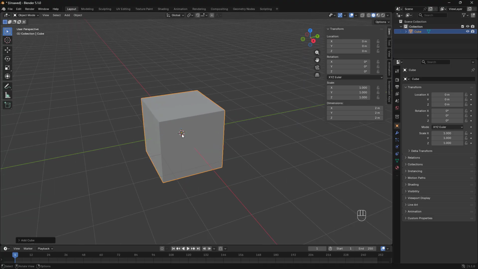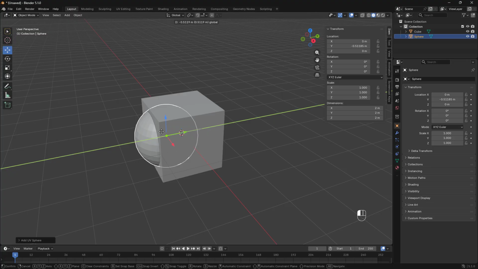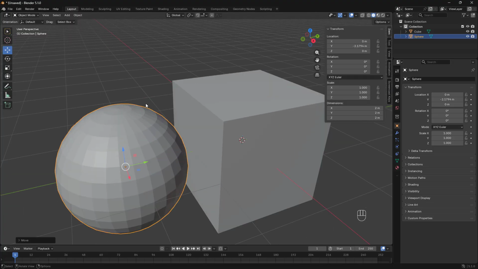We are creating a chocobo, but I'm going to start with a cube, and that is because I want to create a spherical mesh that has quads instead of one that has triangles. Like for example, if you Shift A and you go to the mesh options, we have the UV sphere, we have the icosphere. So these are spheres that you might assume that we can use, but of course the mesh itself, the topology has triangles. So if you, for example, add the UV sphere and I move it, I'm trying to avoid the triangles